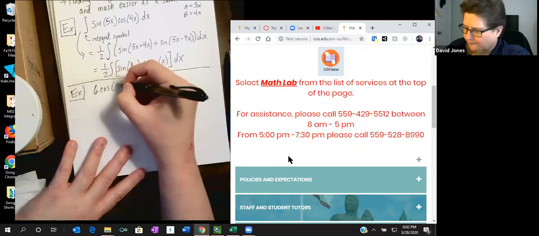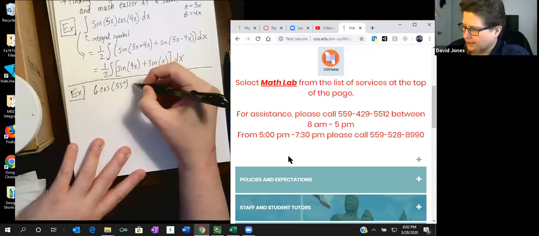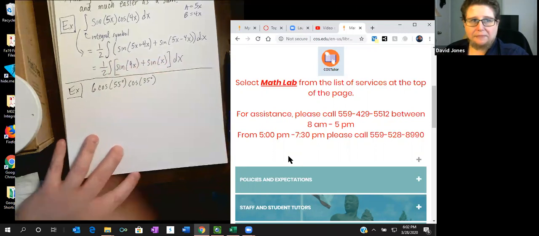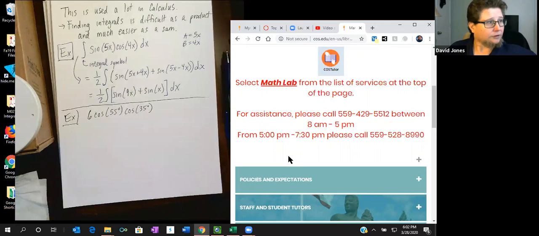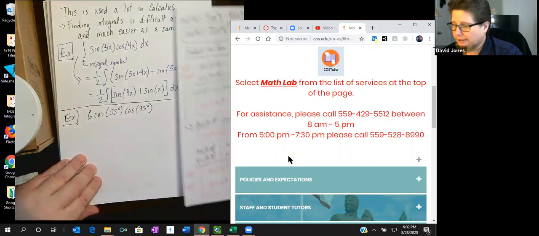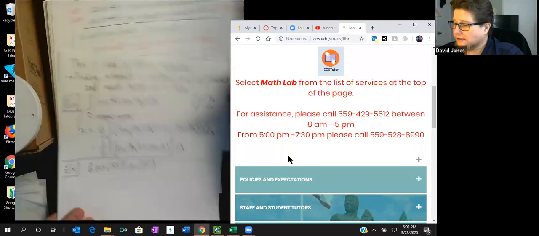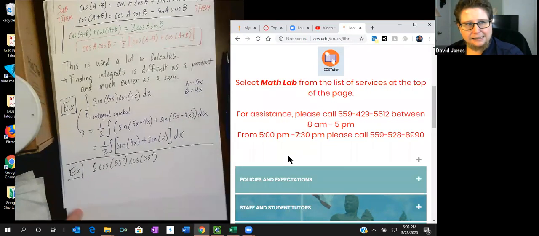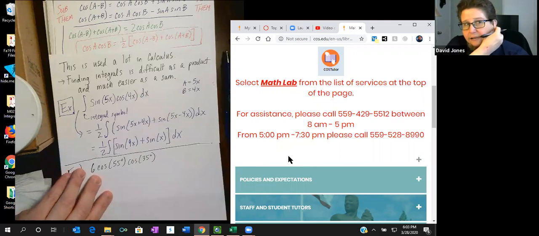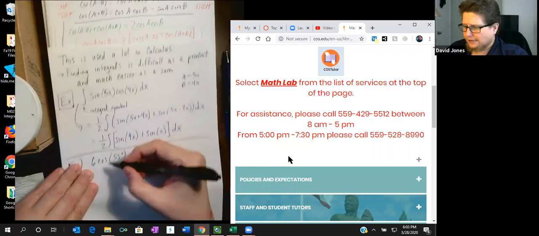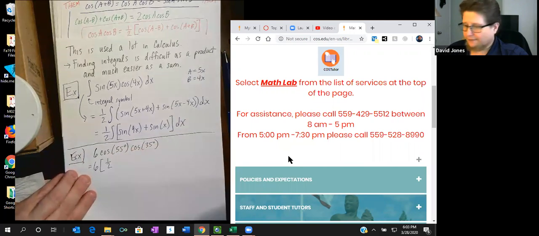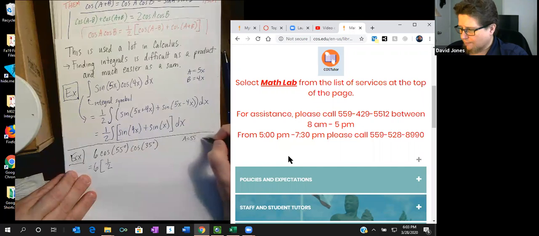So 6 cosine 55 degrees, cosine of 35 degrees. Which formula does this look like? This looks like cosine A, cosine B. Looks like that one right there, right? Except I have 6 of it. So if I want 6 of them, I can write that as 6 times 1/2. If I say A is 55 degrees and B is 35 degrees,